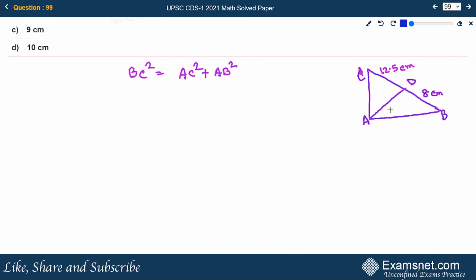So here also, according to the formula of the area of the right angle triangle, we can write half multiplied by AD multiplied by BC. When I'm considering AD as the height, that time I have to take the base as BC. If I consider the height AC, I will take the base AB. Both will give me the value for the area of this triangle. So they're equal. Now let's say AD is h. Let us assume. So I can write, both the halves got cancelled, h multiplied by BC, that is